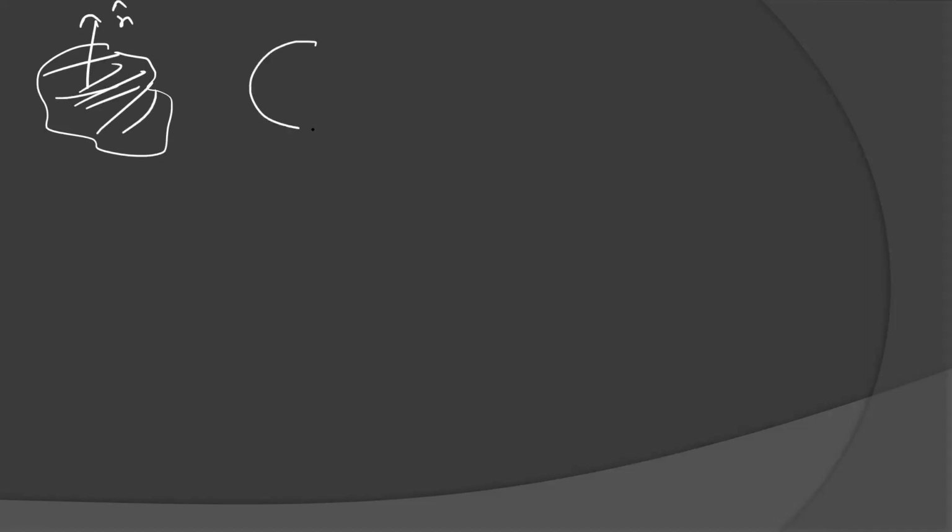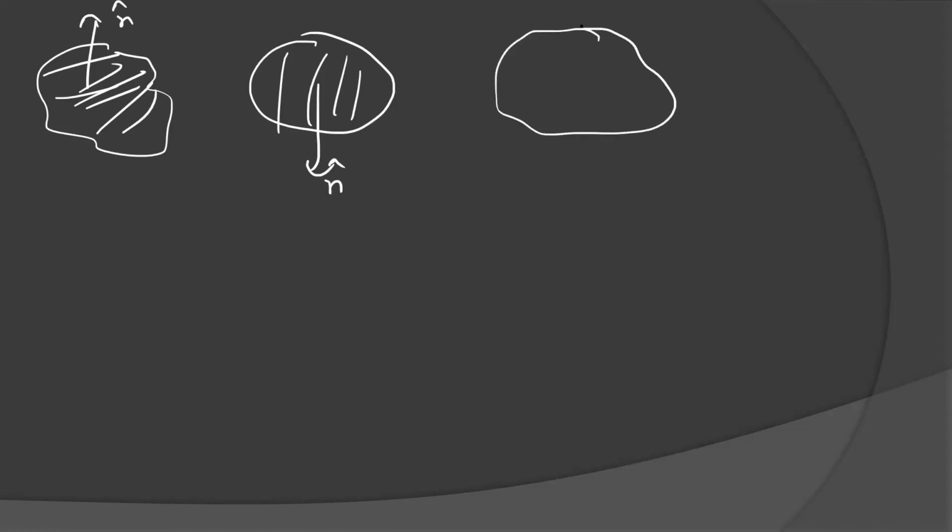Here you can take the orientation. Suppose this is your surface. The orientation can be in the upward direction. Or you can take this surface with the orientation downward. This is n cap, that is the orientation. At any point the orientation can be defined. Suppose at this point this will be n cap, and just the opposite direction will be minus n cap on the same surface.